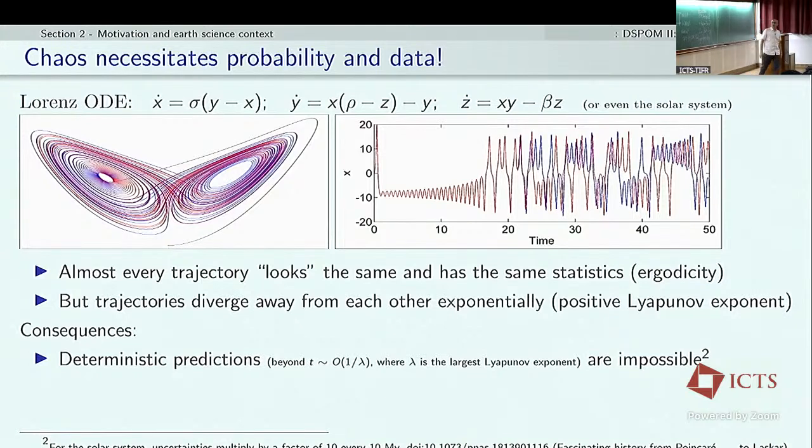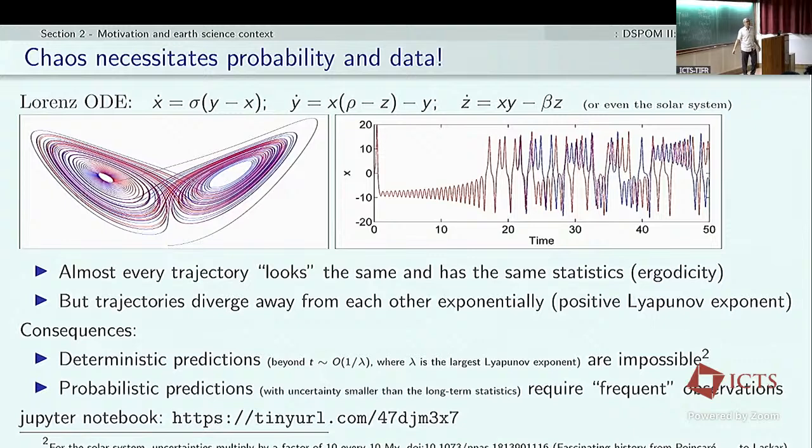Okay, so deterministic predictions are impossible. By deterministic I mean you make a single prediction, and that's basically impossible because of this phenomenon. Hence we basically want probabilistic predictions, but not just that. We also need frequent observations. If you observe only once and want to make even a probabilistic prediction, the uncertainty will just keep growing and eventually the predictions are going to be useless. So to keep the predictions within a limit,